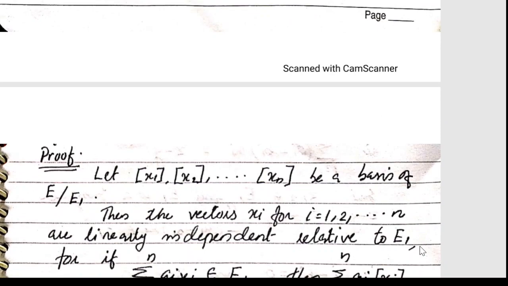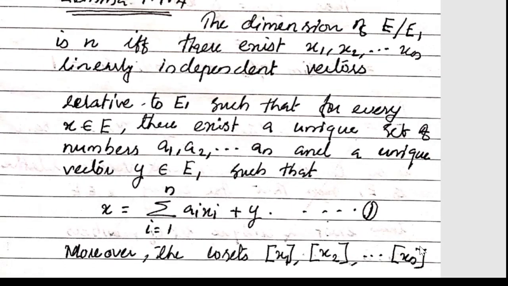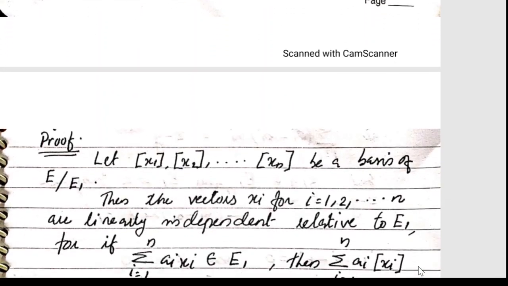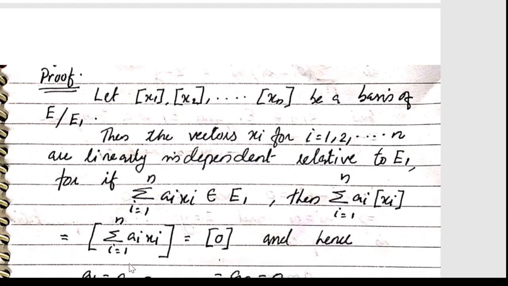Now its proof. What we want to prove is that first of all, x can be written in this fashion and this will form a basis of E/E1. So proof. First we consider these cosets as a basis of E/E1. Then the vectors xi for i equal to 1 to n are linearly independent relative to E1, because if the sum over i equal to 1 to n of ai xi belongs to E1, then, since this is going to be the basis, we are writing an element as a linear combination of the cosets. So this can be written as the sum over i equal to 1 to n of ai times the coset of xi, and that is nothing but 0, and hence